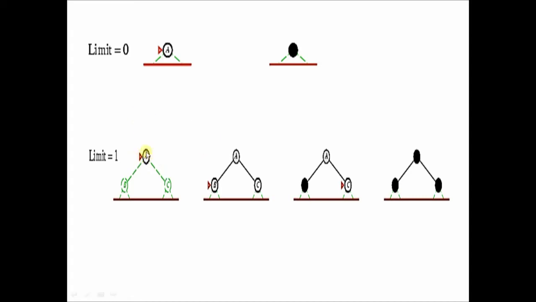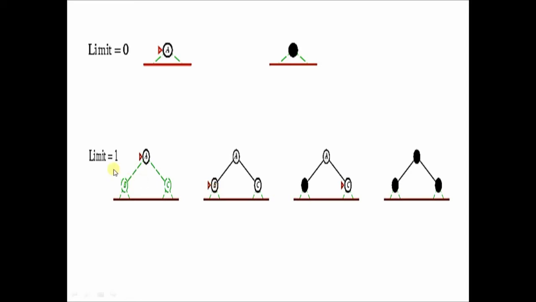So first, A is the current node. We check whether A is a goal node. A is not the goal node, so A can be expanded further. Then A has 2 neighbors, that is B and C. Randomly anyone will be chosen. Let's say that from A we choose B. Again we check whether B is a goal node. B is not a goal node. So then we try to explore the children of B.